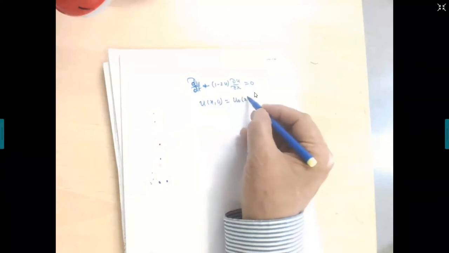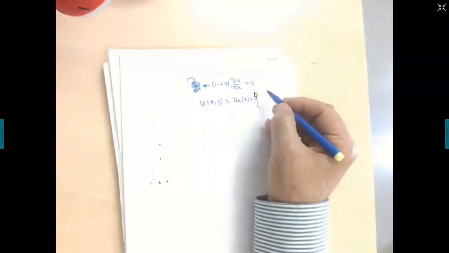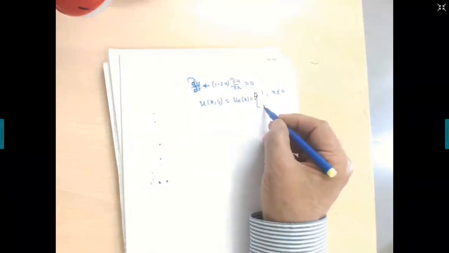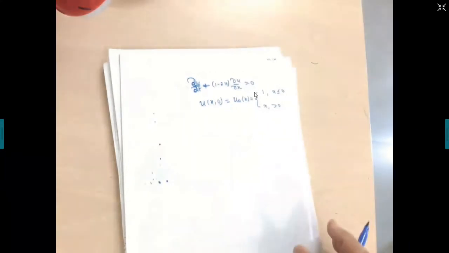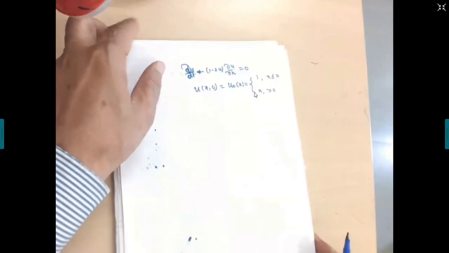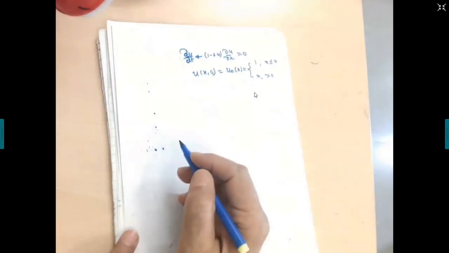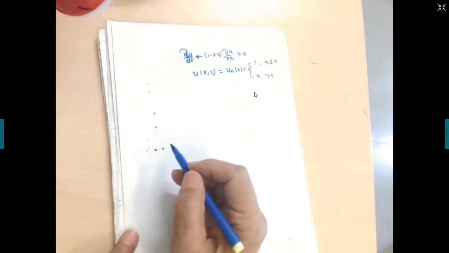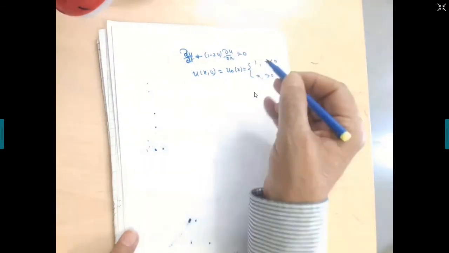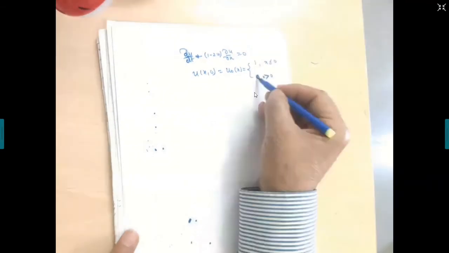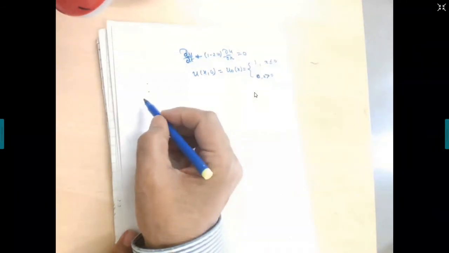And this is the initial condition: at t equal to 0, u(x, 0) equals u naught of x, given by this expression: 1 when x is less than or equal to 0, and 0 when x is greater than 0. Now, I think you are in a position to solve this problem fully. Tell me how you proceed.